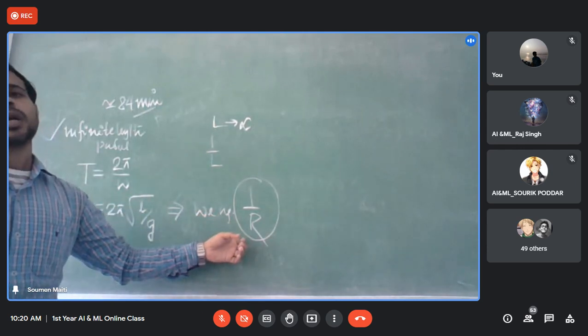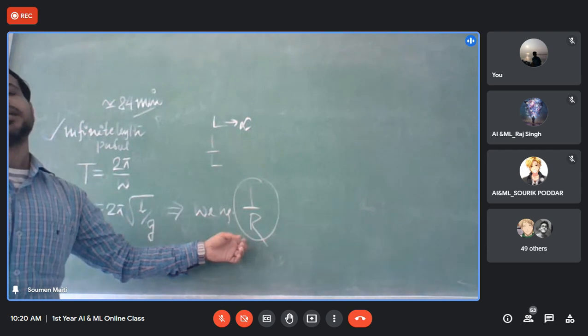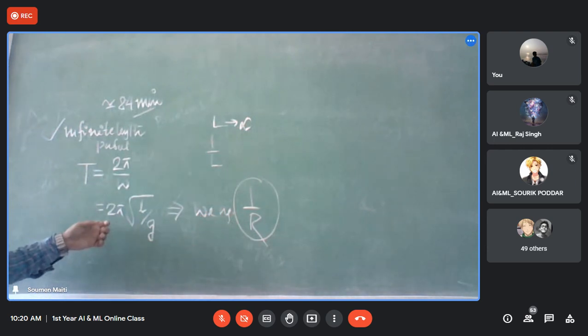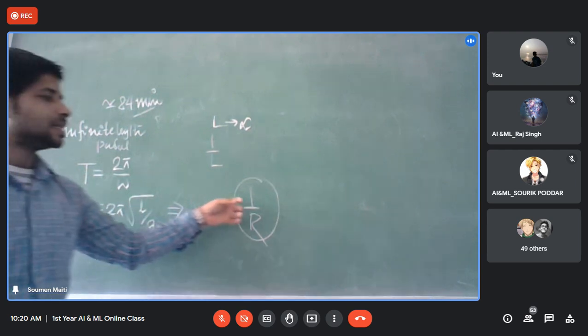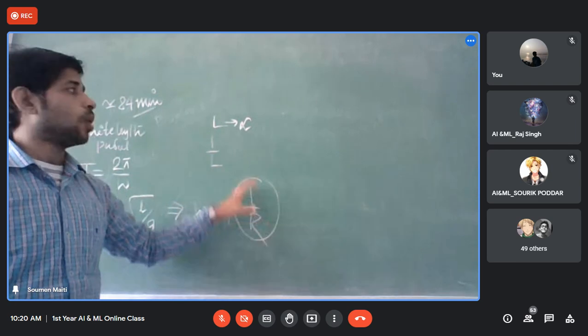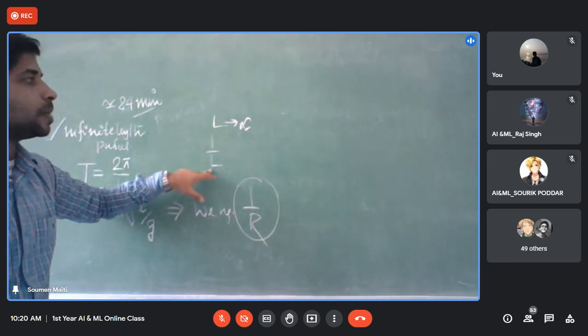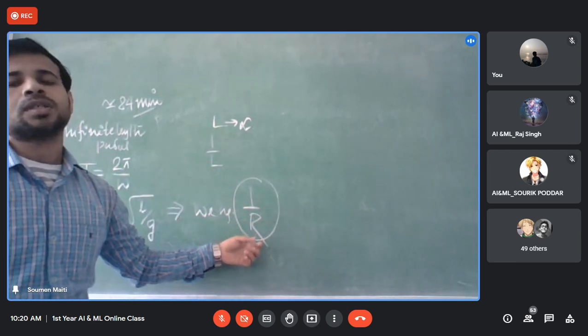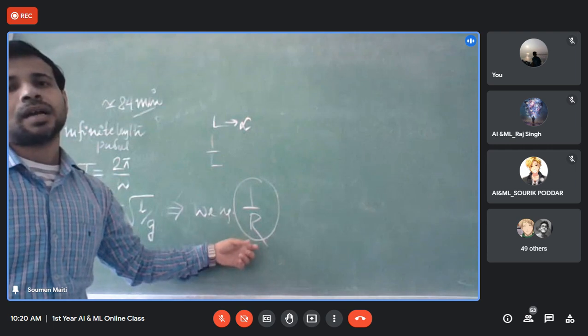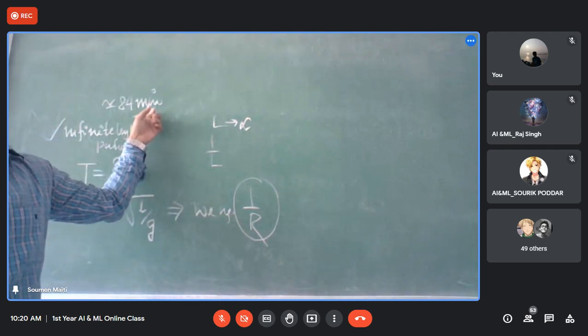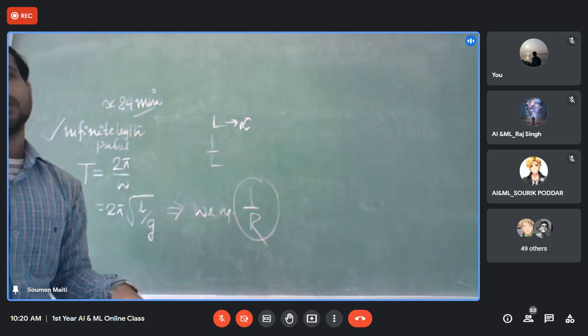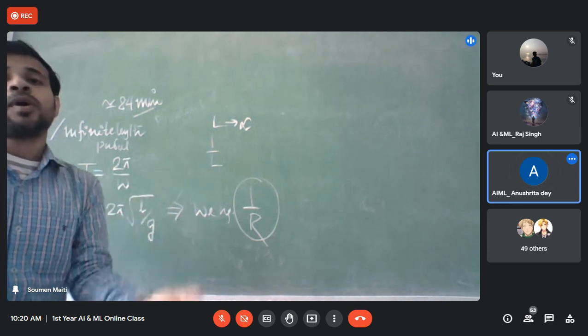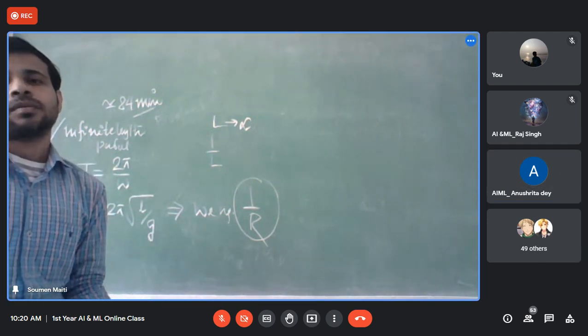So just go back to your class 12 days. In the gravitation chapter, it is written that for a simple pendulum, the time period will be 2 pi root over 1 by (1 by R plus 1 by L) by g. Right now as 1 by infinity will be 0, but you have to consider 1 by R. If you consider the radius of the Earth, then it will become 84 minutes. Got my point? Sir, I did not understand. So you have not read class 12 properly, that's why.